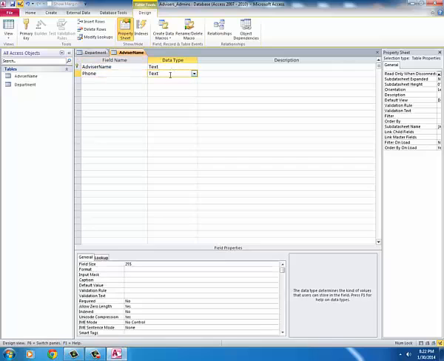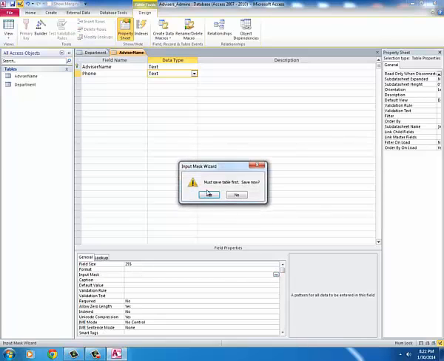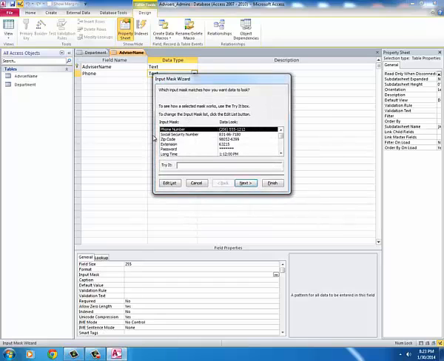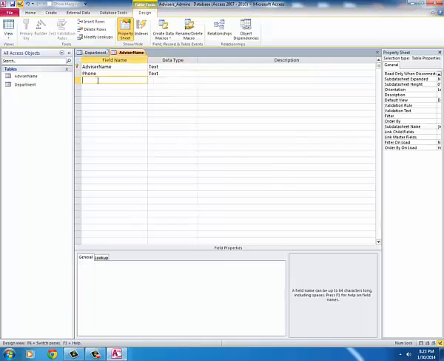Again, we're going to put the input mask on, so once we get text here, we go down to input mask, three little dots, those ellipses, click those, save the table. Automatically comes the phone number, just finish. And now we can do the next field, which is